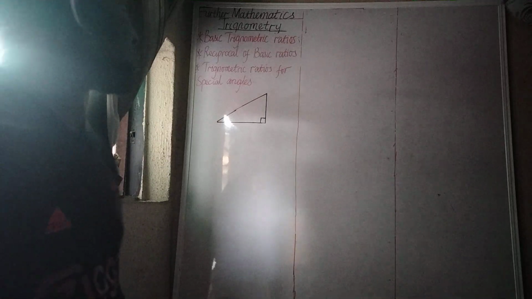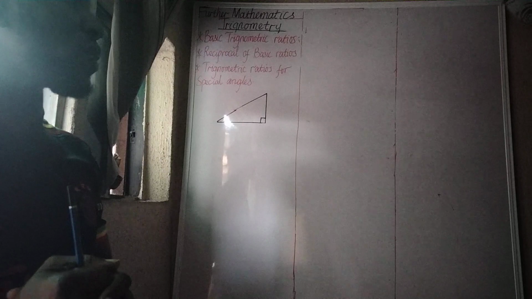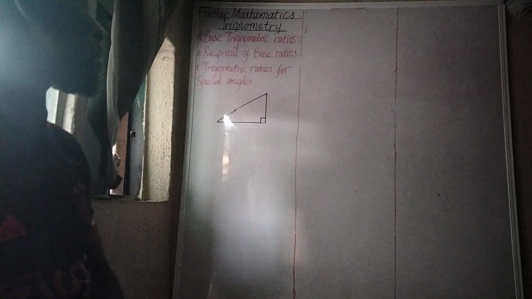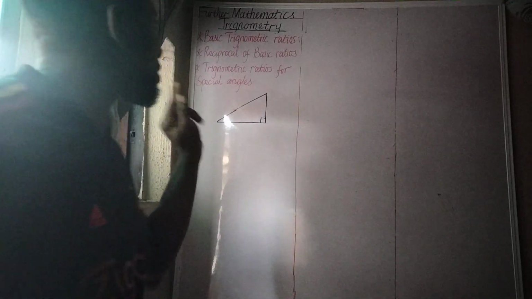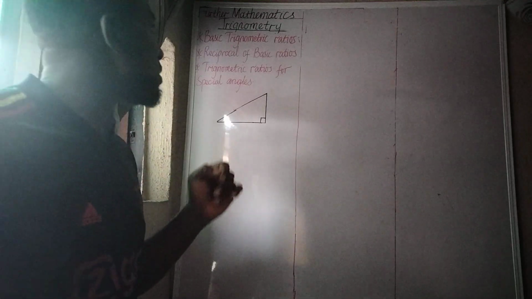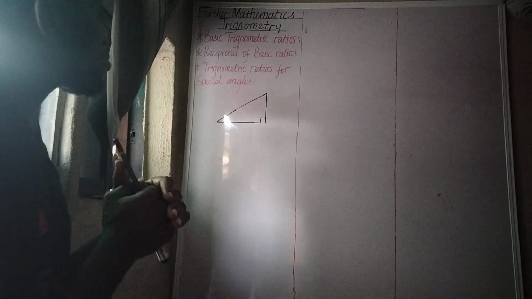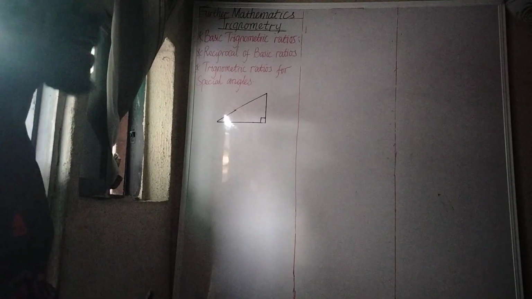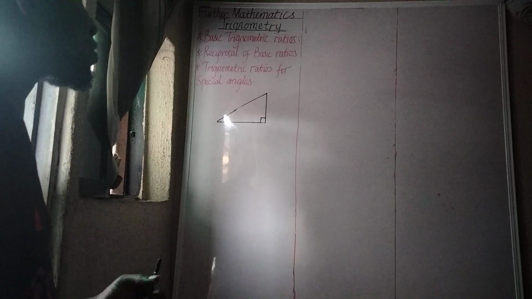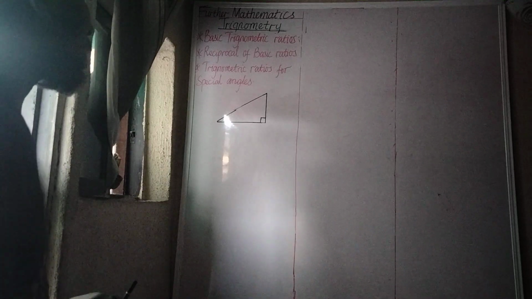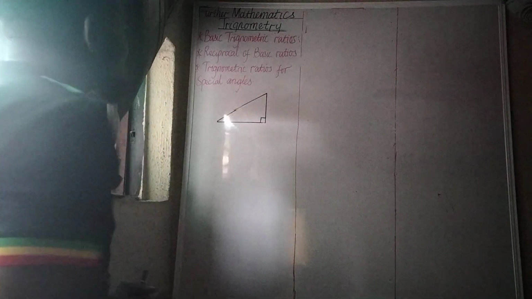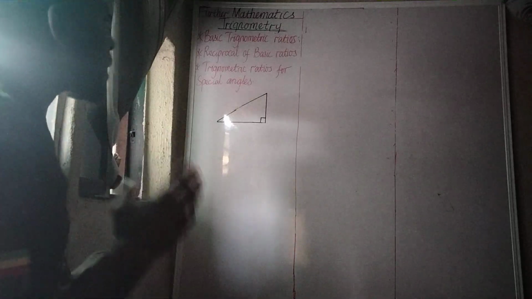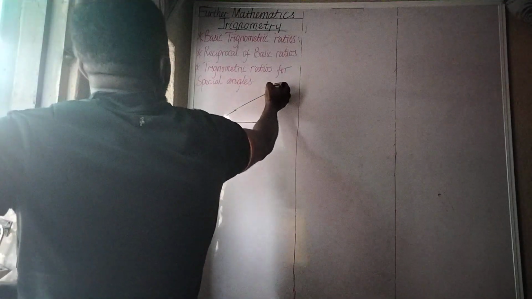Today we shall be talking about trigonometry, and some of the areas we are going to emphasize critically today are basic trigonometric ratios, reciprocal or basic ratios, and trigonometric ratios for special angles. Now, basic trigonometric ratios has to do with the sides of a right angle triangle. You can see our right angle triangle here. Now let's label our right angle triangle as this: